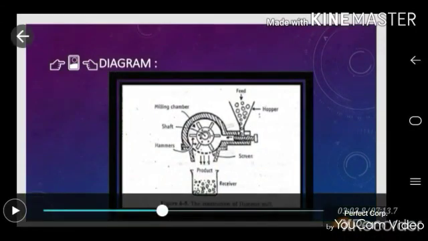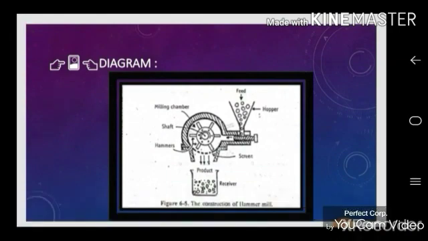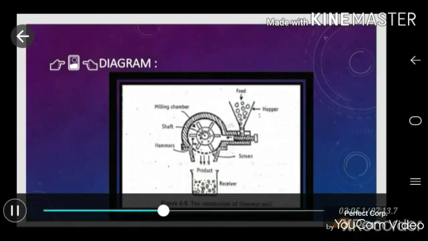So next is the diagram. You can see the diagram of a hammer mill. There is a hopper from which the coarse material is fed. Then the material passes towards the central assembly of the hammer mill. In the central assembly there is a shaft, milling chamber, hammers, and at the bottom of this assembly there is a sieve